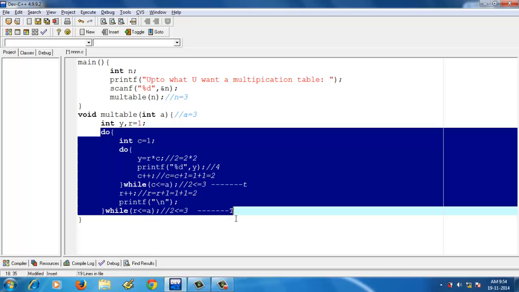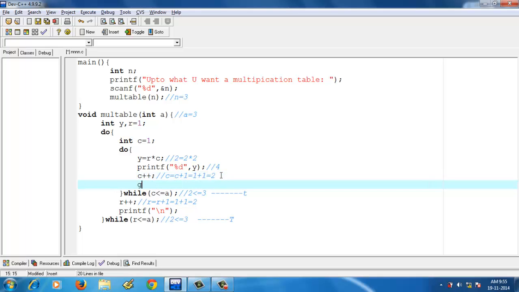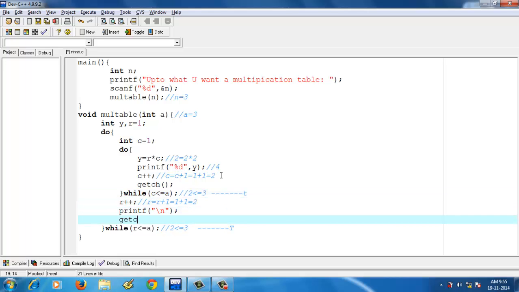So to see the values in a stepwise way, we need to write getcs, meaning only when the user enters any space or enter, then only it gives the value, otherwise it doesn't give any value. And at last we need getch.